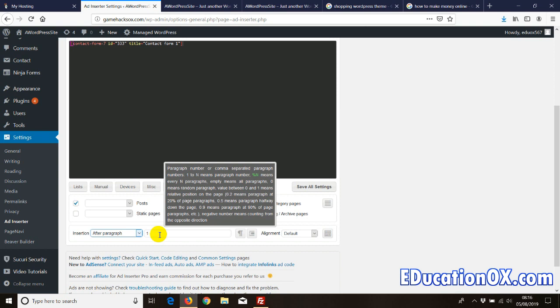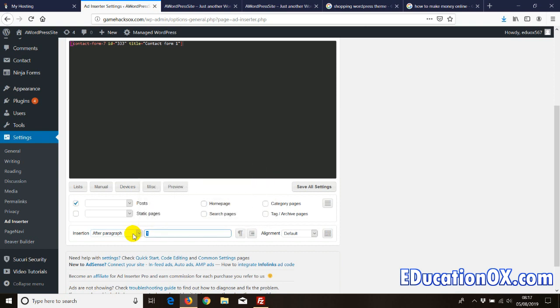So if your content is, let's say, 100%, it will put the ads after 20% of your content. You can put in half. For example, in half of your content, it will put the ads right in the middle. So if you want to put it in the middle, you just put 0.5 and then click on Save All Changes,